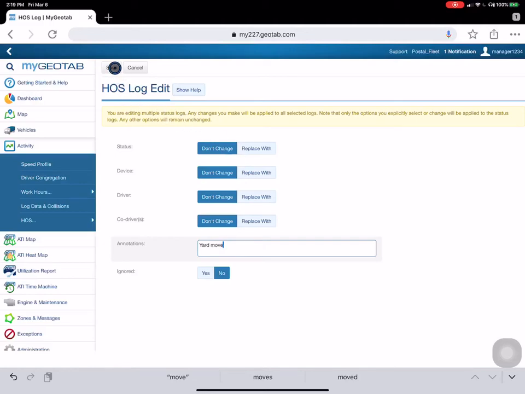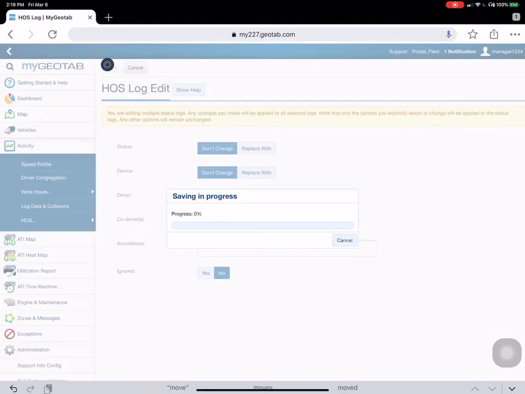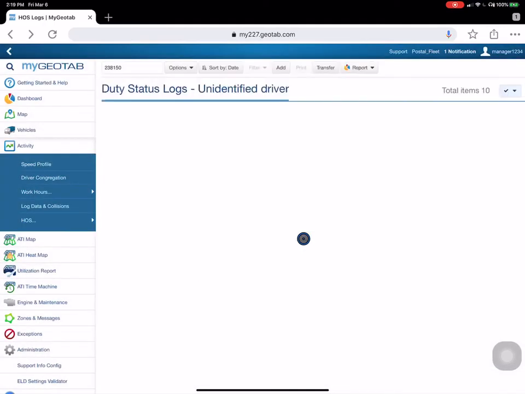select save. DOT regulations require that we either assign this to a driver or put in an annotation as to the reason for the vehicle being moved. That can be a yard move, that can be vehicle at rider for service, something of that nature. So I'm going to select save, accept,